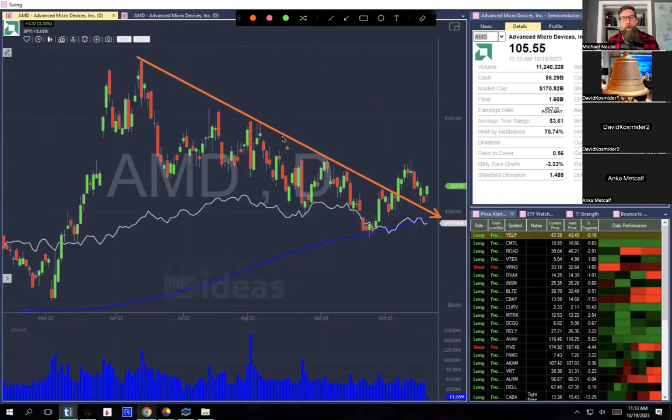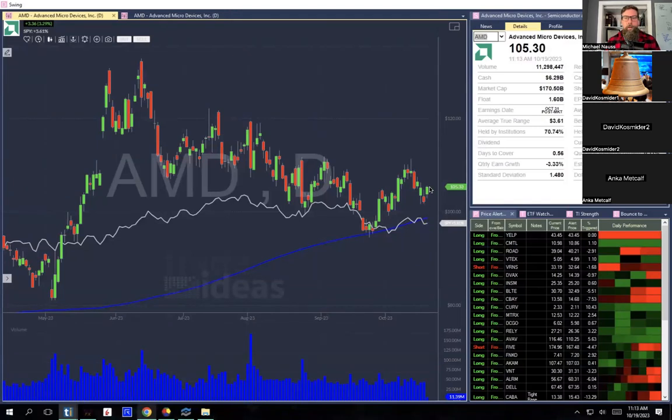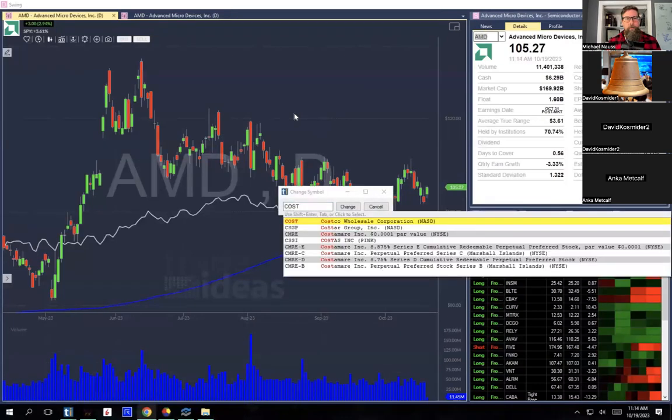But this is something that I've been watching where we have broken this trend line resistance and then we've tested it again, and also that $100 area. So I think the trade on AMD is pretty simple, that $100 is a big psychological level. You can see the rising 200-day moving average is around $100. So if you want to own it, I think the move's pretty simple. You own it and you say, hey, as long as we can remain above $100 on a closing basis, interested. If we break below that, I think it's time to go. Costco.